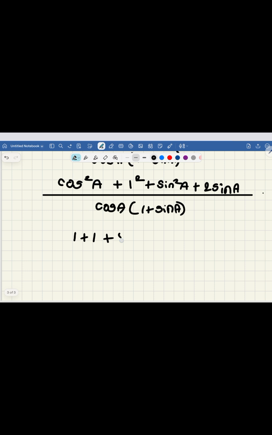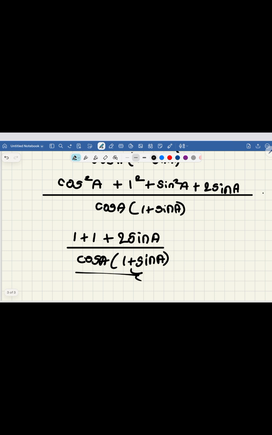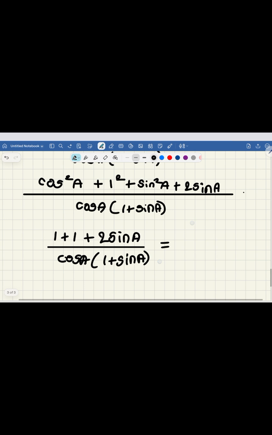Plus 2 sine A by cos A by 1 plus sine A. You must be wondering why I am keeping the denominator the same. I could just multiply. Why am I not doing that? Of course, you will understand that in the next step, hopefully. See, this can be written as 1 plus 1, 2 plus 2 sine A, obviously,